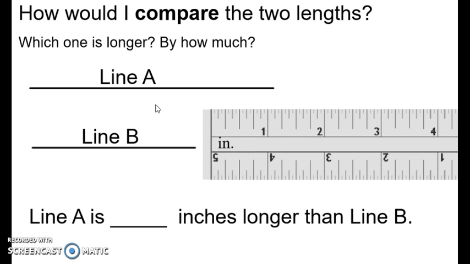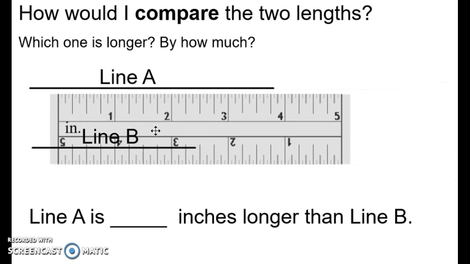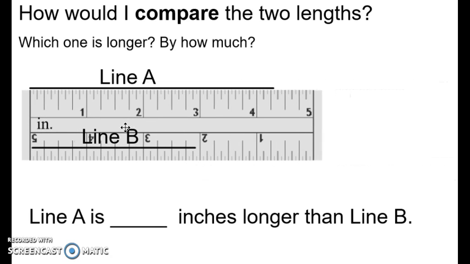We're going to measure line A and line B using inches. So I'm going to take my ruler, I'm going to line it up where the 0 is on my ruler. I'm going to look which number is closest to the end of the line. So the line is closest to 4 here. So that means line A is 4 inches long. So I'm going to write 4 inches